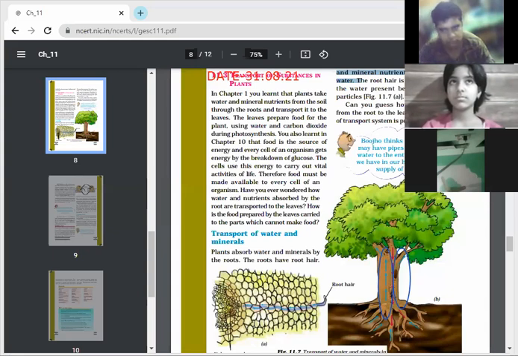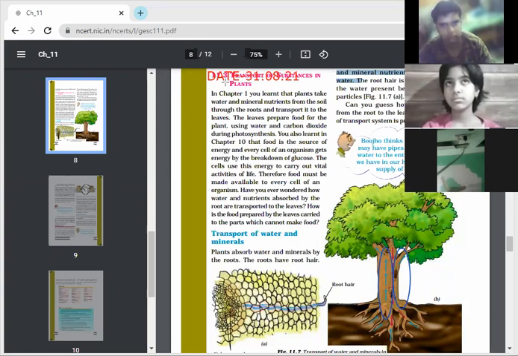And the second thing, there are downward arrows. In your book, there are pink colored arrows which show the downward movement. What does that downward movement show? It contains the food. The food prepared in the leaves is sent to all parts of the body, even to the roots and to the stem. That is the phloem. This is phloem. I have written P-H-L-O-E-M, phloem. That shows the downward movement. And xylem always shows the upward movement.